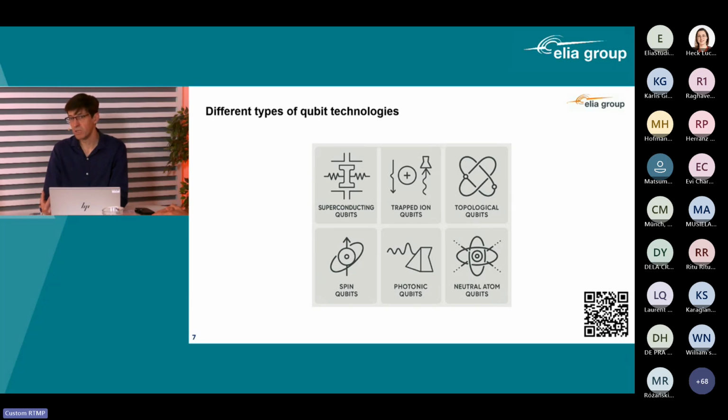And the neutral atom qubits are capturing atoms with lasers to then do manipulations and use them as qubits. And the most recent one is the topological qubit. This has been announced by Microsoft some weeks ago. It's not yet a mature technology. They have shown it with maybe just one qubit. If you take superconducting or trapped ions, they have already shown that they can scale to more than 100 qubits.